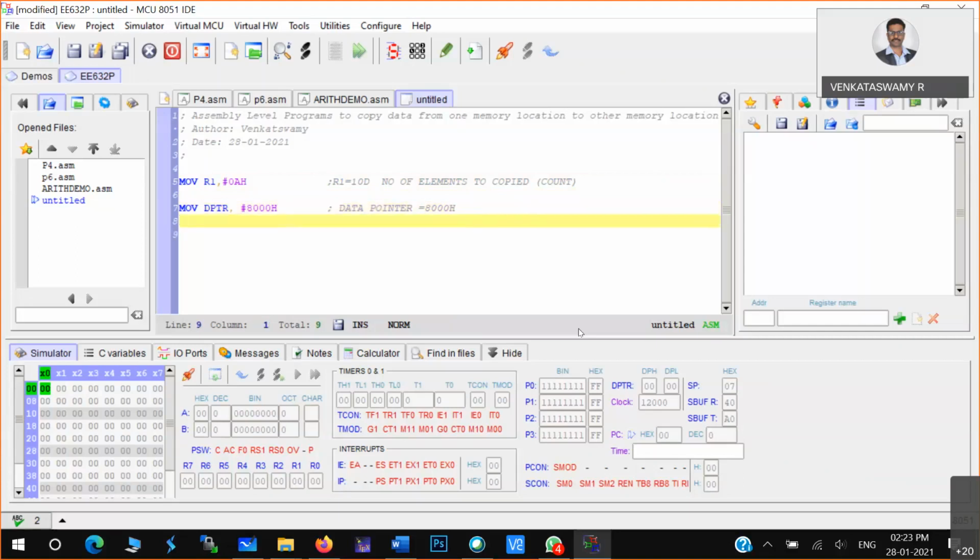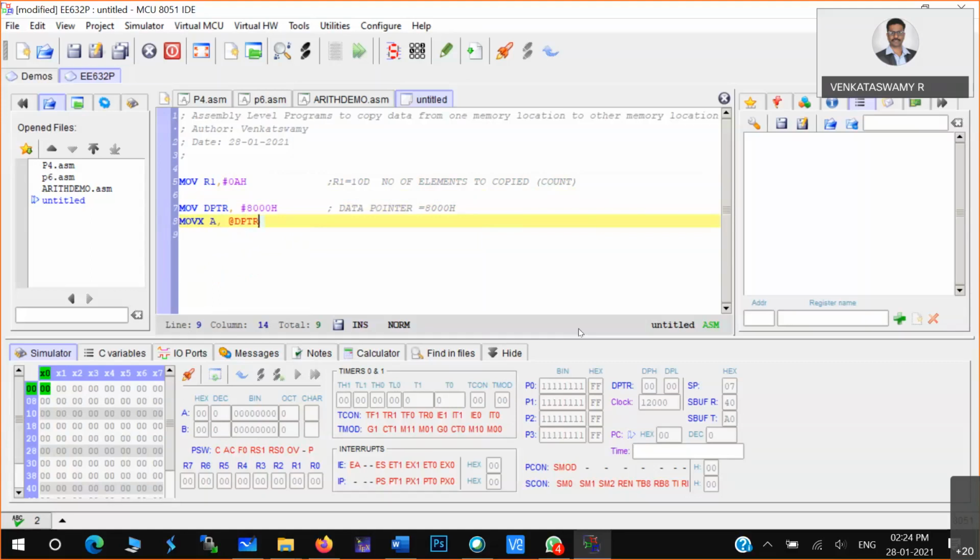Then we have to copy, we have to take that particular data to internal memory. Now how do we take that external memory data to internal memory? MOVX A, @DPTR.